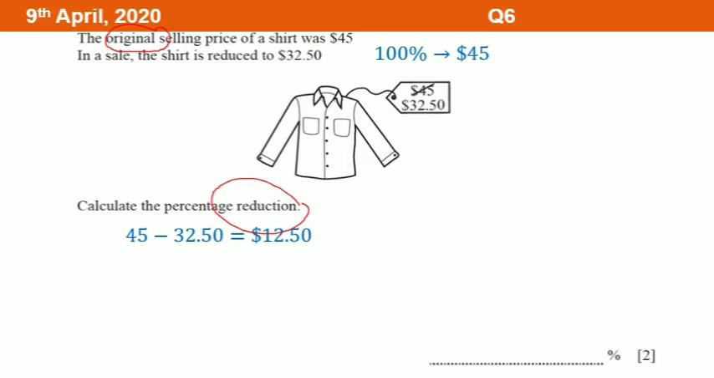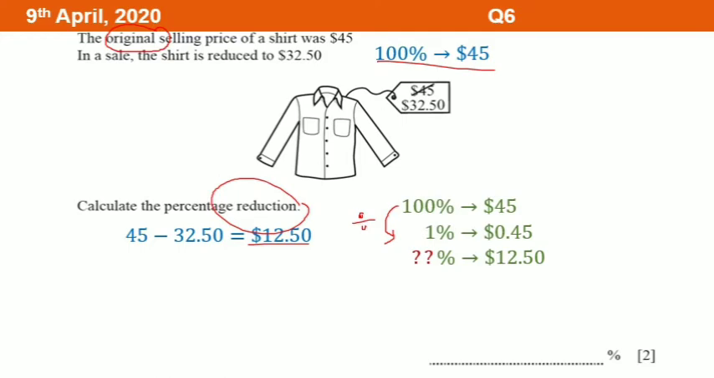45 minus 32.5 is equal to $12.5. Now go to the very first proportion that we have. 100% is equal to $45. And we are going to find $12.5 is equal to how many percent? It's always easier if we find the 1% first. So from 100 into 1%, what do we have to do? Yes, we need to do division. We divide by how many? From 100 into 1, we divide by 100. That's why this $45 also we need to divide by 100. So now we already have another proportion. 1% is equal to